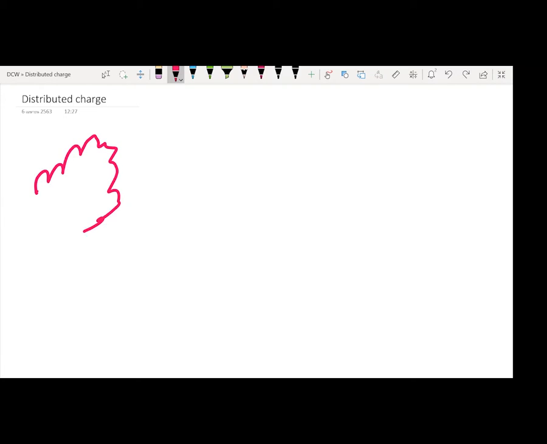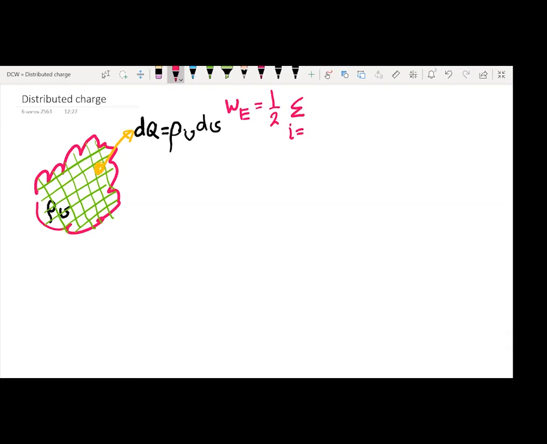We have a cloud of charge with volume charge density rho sub v. In short, we can call it rho v. If we divide this charge into small pieces like this, and assuming that each piece is very small, we can approximate it as a point charge. Each piece, called dq, is rho v multiplied by a small volume dV. We call it dqi. We could compute potential V produced by all charge.